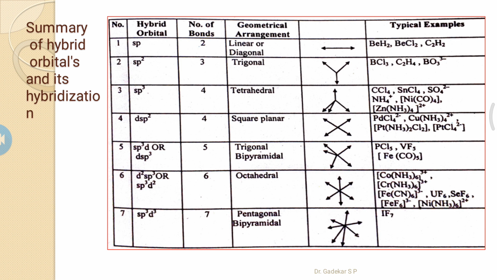These boron trichloride and boron trifluoride involve sp2 hybrid orbitals and sp2 hybridization. Similarly, the third involves sp3, meaning 4 orbitals are used, 1s and 3p orbitals. Third example, sp3 hybridization. They involve 4 bonds to form a tetrahedral geometrical arrangement.